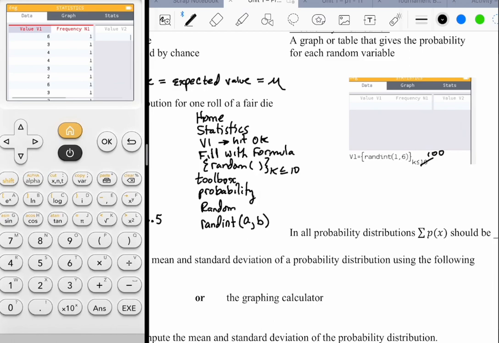I got a 6, but you could have got a 2, right? Don't get alarmed if you try this and the person next to you tries it also and they come up with something different. Right? But then what I want to do is go to stats,